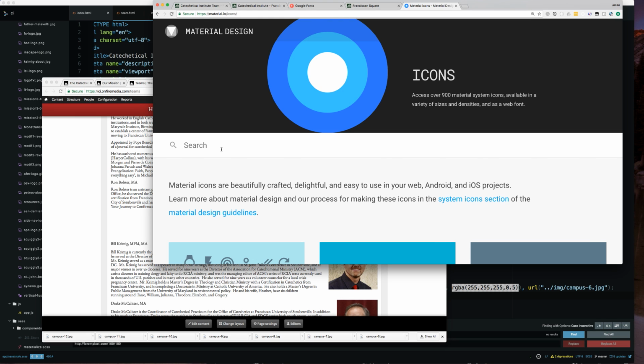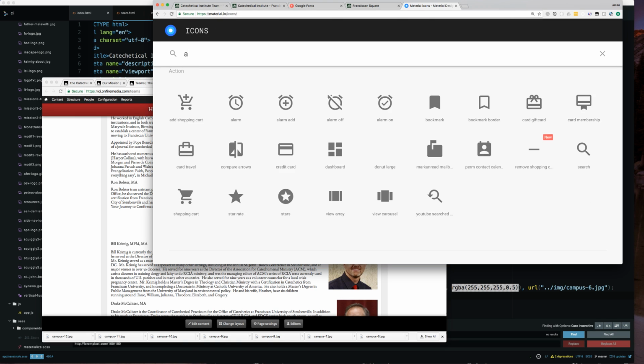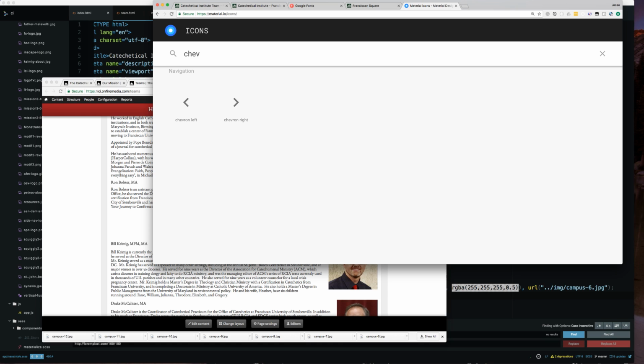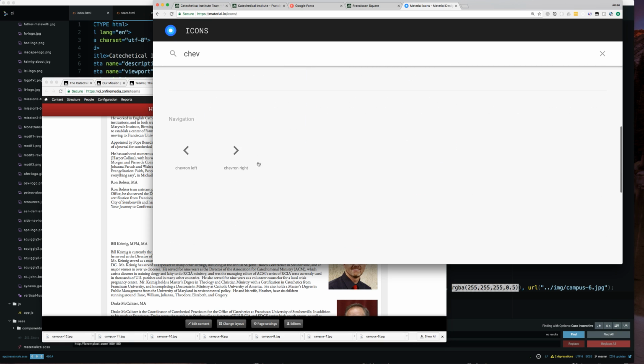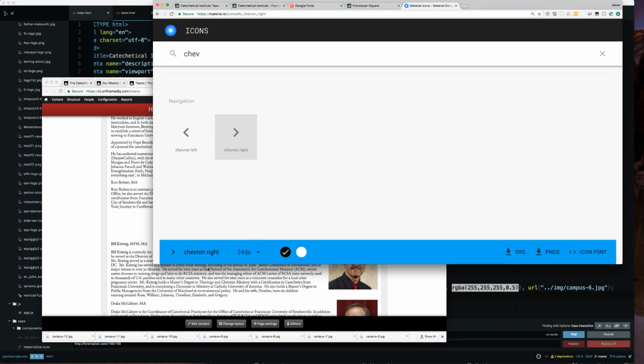Let's see if we're looking for arrow. No. Chevron. There we go. Okay, so it's called a chevron. We have the chevron right, but where's my chevron down? We may just have to manually rotate it then. I really thought that I had used a down chevron at some point, but oh well. So we'll click on this one, and you can see